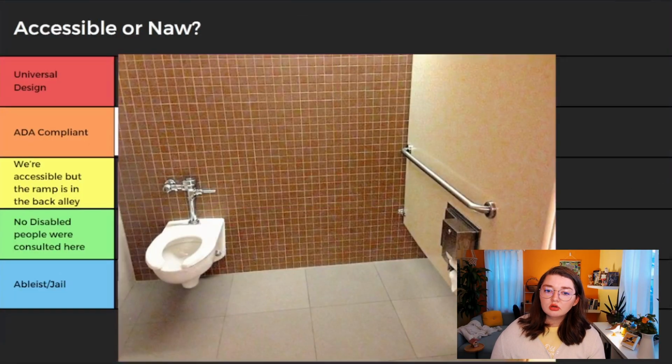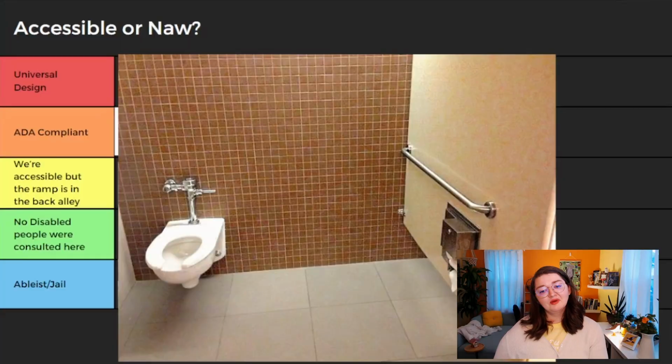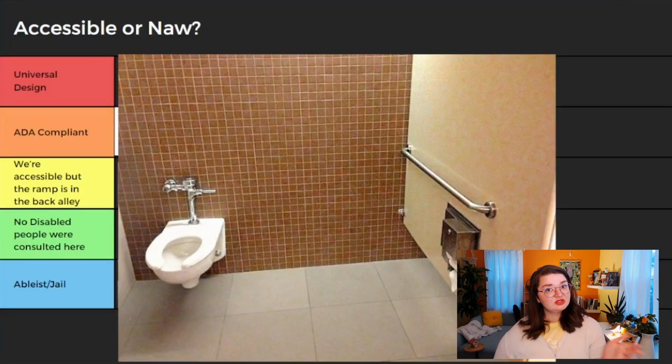Okay, what's next? Ooh, a bathroom. Okay. So this, oh no. Okay, so my brain was registering all of the elements of an accessible bathroom that you need. It gets worse the more I look at it. You need space next to the toilet to do a side transfer, if that's how you transfer. You need grab bars. You need the handle of the toilet on the side where the gap is so that you can actually reach it. And this stall has all those things. So I was like, okay. But if you notice,